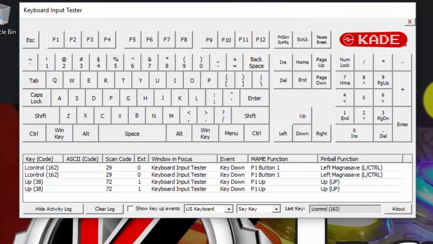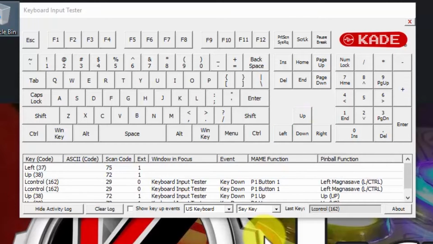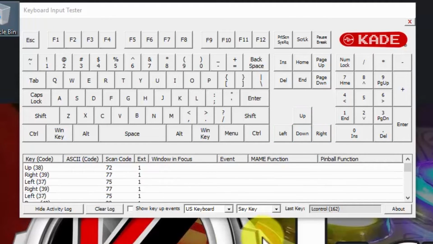A couple things to note: if you've got it off focus, it may not actually say anything. So now I'm typing a bunch of stuff, there's no window in focus, and it doesn't actually say the key. If I want to hear the keys, I have to have some type of window in focus. Now that may be the keyboard input tester or some other window, but once you've got a window in focus,